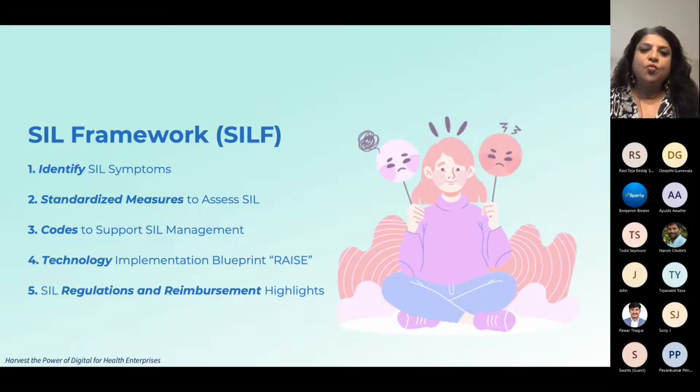What do we do? One of the ways, after much exploration and soul searching within myself and really talking to a lot of healthcare professionals, including me being a professional myself, was this. Many of the health professionals' immediate response to me was, look, first of all, I don't have the time in the day. Second, I don't know what codes to use, what screenings are out there, which one I can use, which one I don't use. There are a million screenings. Then my EHR, electronic health record, has me do certain things, and that's what I'm filling up, and I'm hoping that's sufficient to get reimbursed, because reimbursement is also another thing.